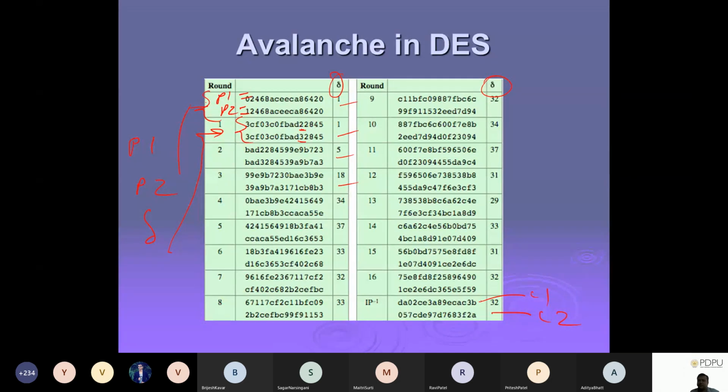So what they are trying to measure in the avalanche effect is that even in my plain text, if I change one bit, you can see the difference between these two plain texts is only 1 bit, right? All other bits are the same. So even if I change one bit, generally half of the bits in my ciphertext are changed. You can see, 32 bits are being changed straight away. So even a slight change in one bit, from 0 to 1 or 1 to 0, will change your ciphertext. Half of the ciphertext is going to be affected.